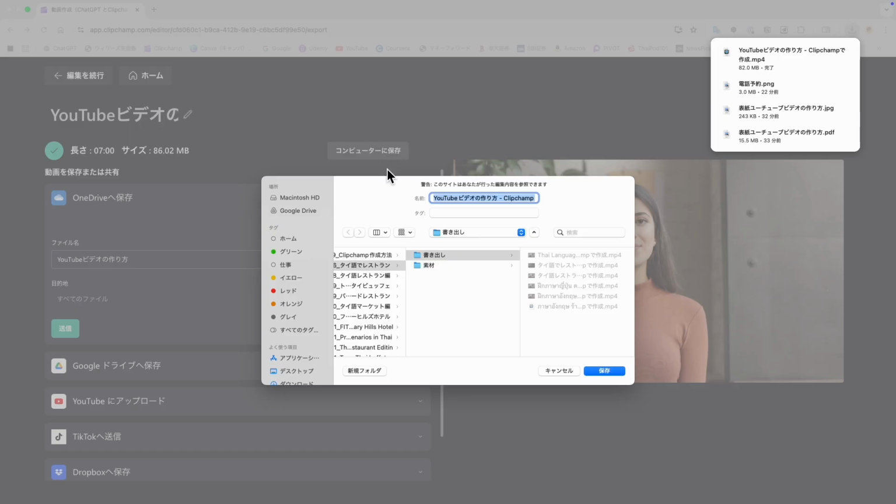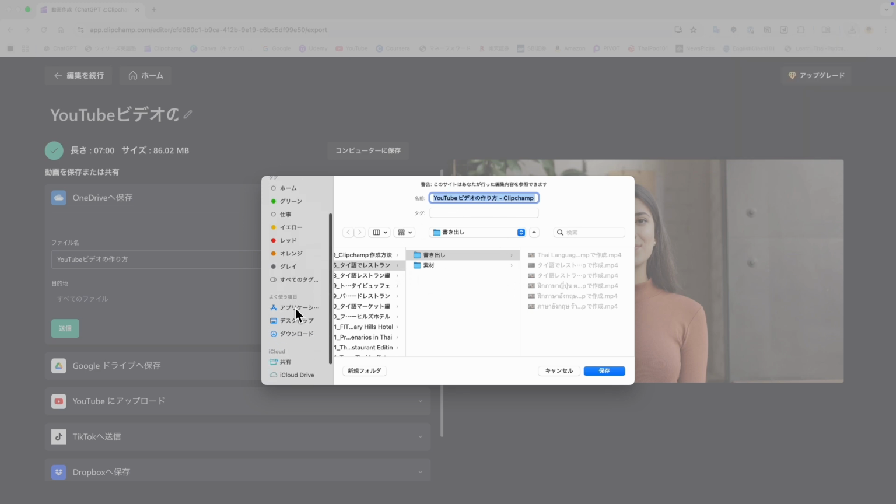Press the Save to Computer button and save the video to your desired location.